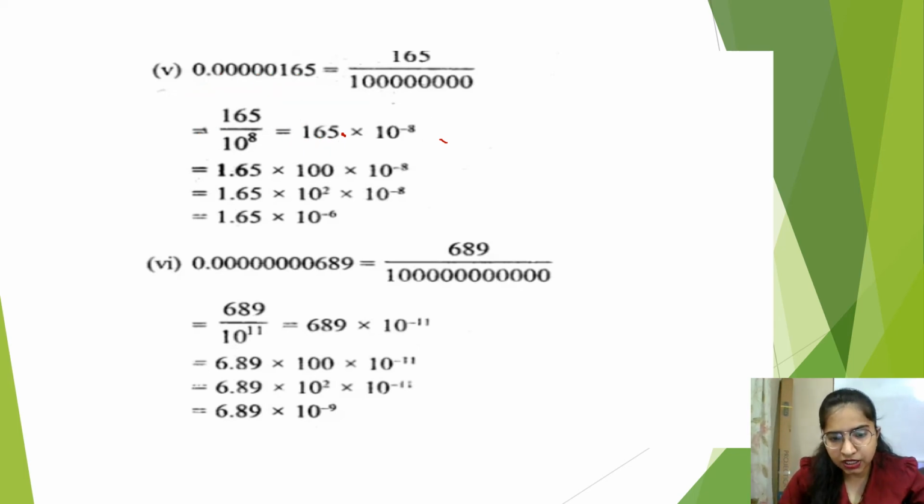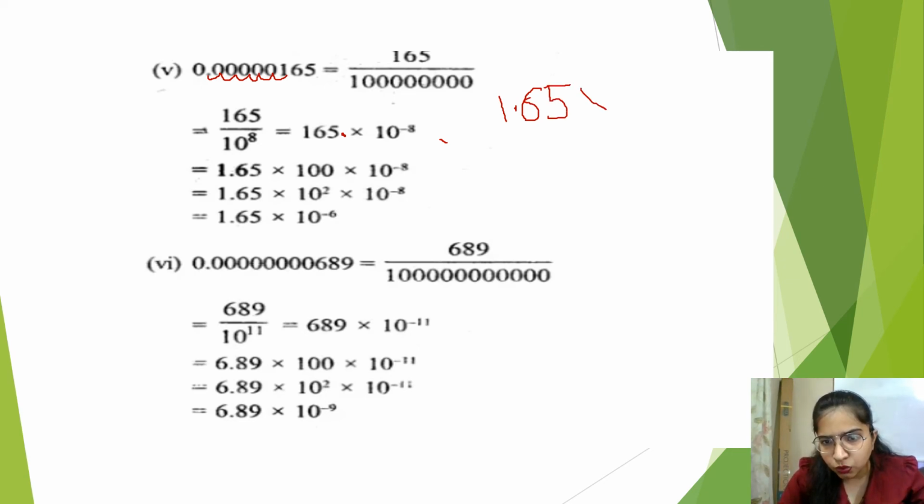The simple way I'm telling you, it's too simple. Listen to me carefully. Here you want to shift the point after one digit only. Standard form is after one digit. The digit must be 1, 2, 3, 4, like a natural number. It must not be 0, right? You want to shift the point after 1, so after 1 only you have to count the digits after the point. The point is here and counting the digits: 1, 2, 3, 4, 5, 6. 6 digits are here. So you should write 1 point directly 65, because you are shifting the point over here.